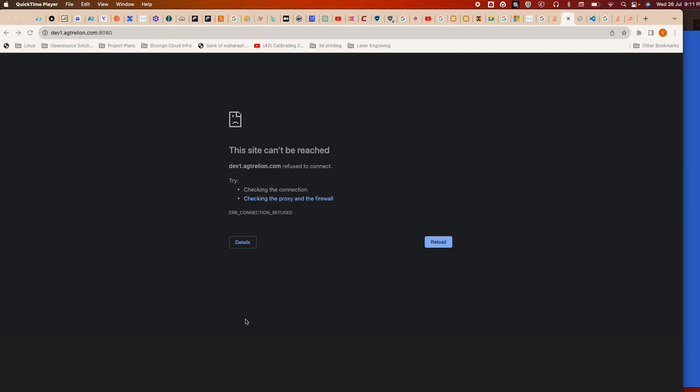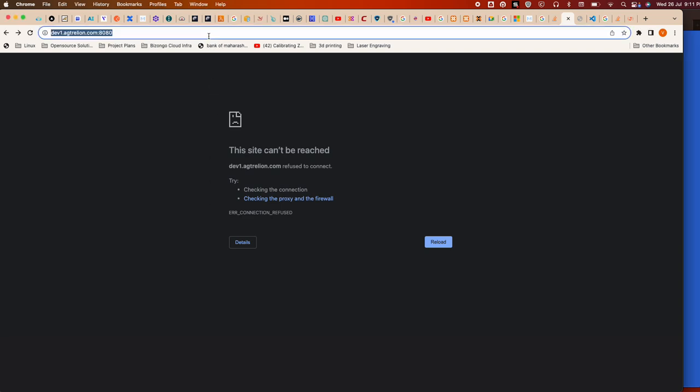Demonstrating here how you can use VS Code, which will work similar to your Eclipse, and basically you will be working on a project on a remote server where you will have your project as AMS core, and I'll be demonstrating how you can develop, edit, and deploy directly using VS Code on the remote server like you do in the Eclipse. As you can see, I'm taking an example of a machine called dev 1.ag Trillion, and